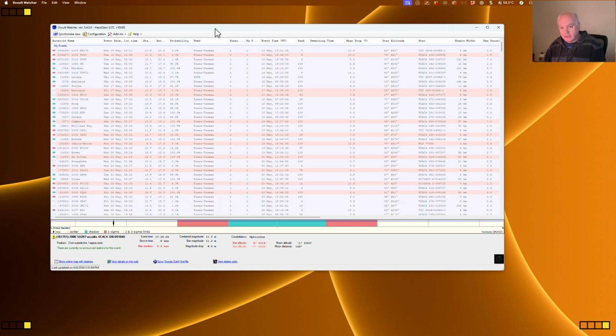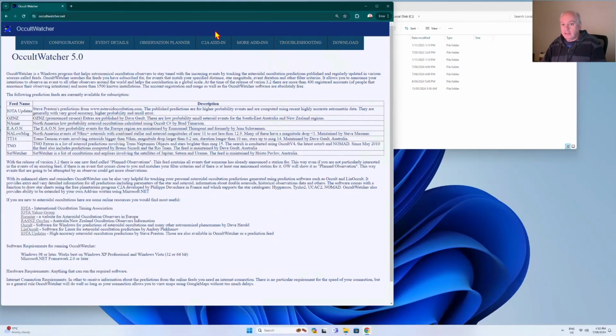But what I'm going to do, I've got this running already, of course, on my computer, but I'm going to go to another computer. This is a PC where I don't have Occult Watcher installed, and I'm going to try to install it. Now bear in mind, I haven't done this for a long time. I installed Occult Watcher years ago, and so I've probably forgotten a lot of how to do it. But I'll try to edit out the boring parts where I don't know what I'm doing, and hopefully this will be a useful video. So I've gone to this website,